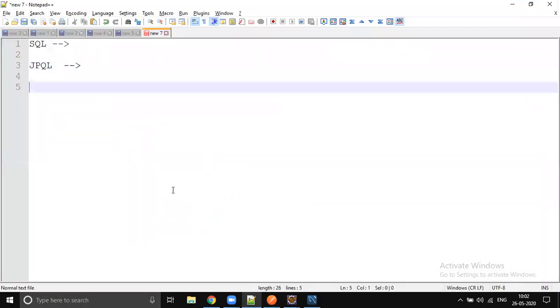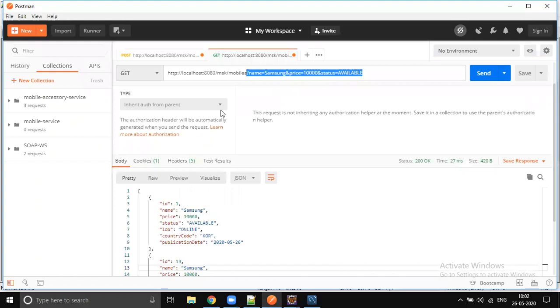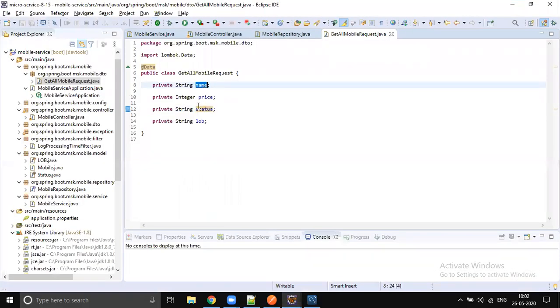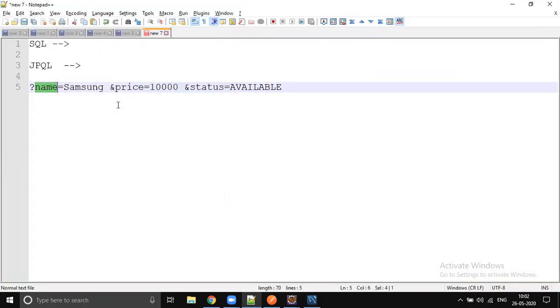The way we declare the query string starts with the question mark, and it's separated with AND operators. Each and every query string will be separated with an AND operator, and they are key value pairs. So this is the key and this is the value. The key is going to be mapped. So when the key is matching, the value will be automatically populated.